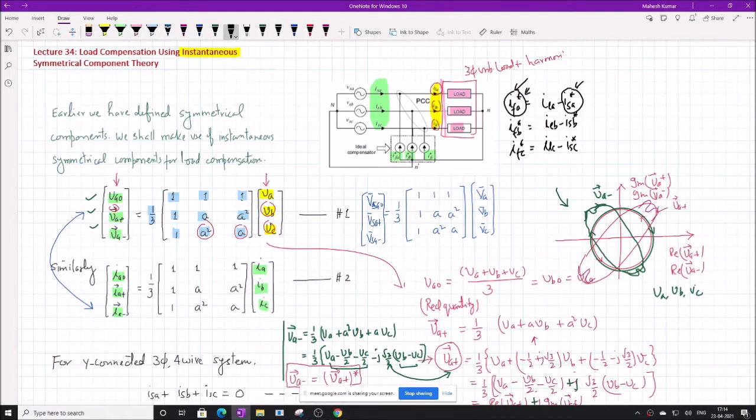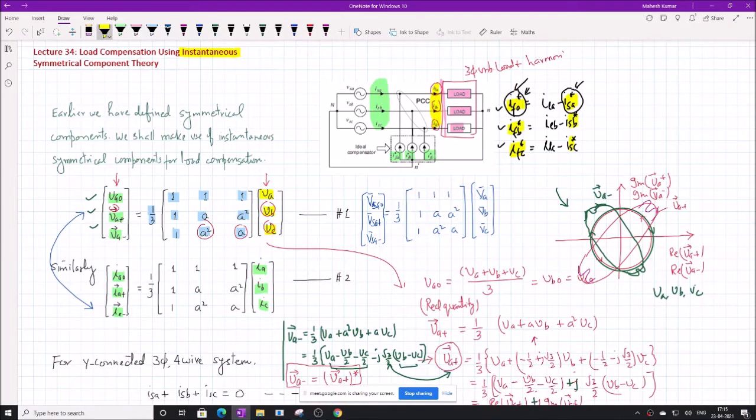So either we can find ISA star, ISB star, ISC star, then compute these three quantities. The problem is similar to the previous case. We have three variables, IFA star, IFB star and IFC star: this is one variable, second variable, third variable. So we need three equations to solve for these variables. Or we can find the source currents, then solve for IFA star, IFB star, IFC star. Either is okay.